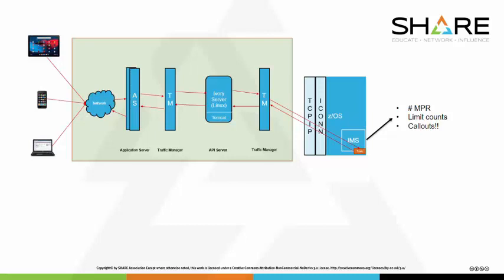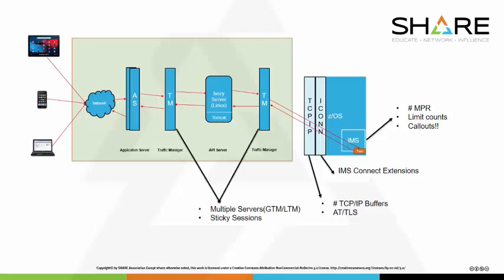Also, are you doing callouts? Are you having your IMS transaction act as a client? If so, maybe you want an MP region to be segregated out where it's only doing callouts so it's not blocking other transactions. Also, if you're doing IMS Connect, you want to have IMS Connect Extensions installed to manage the performance of what's happening inside the IMS Connect address space. For TCP/IP, you may need to get your TCP/IP group to look at the number of TCP/IP buffers. Also, is AT-TLS fully configured to handle security and inbound and outbound ports?